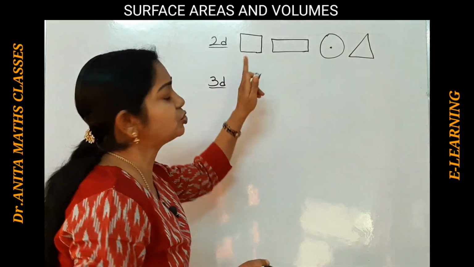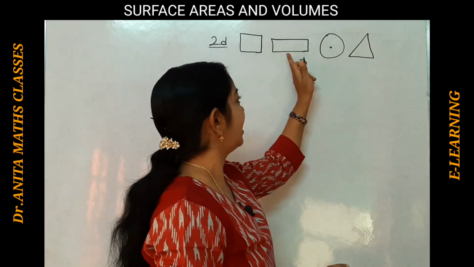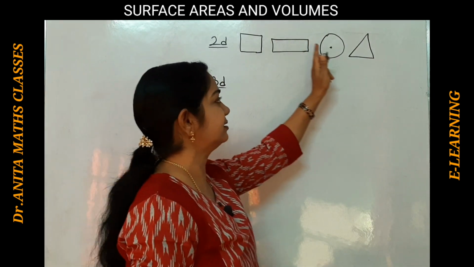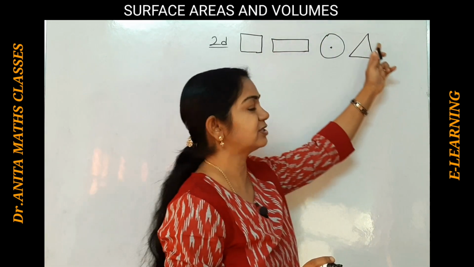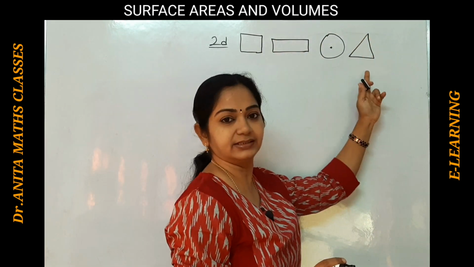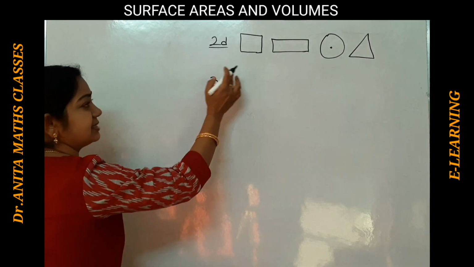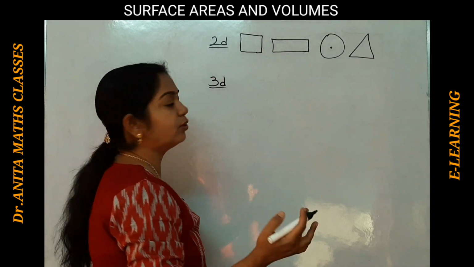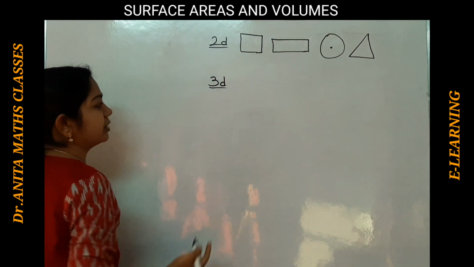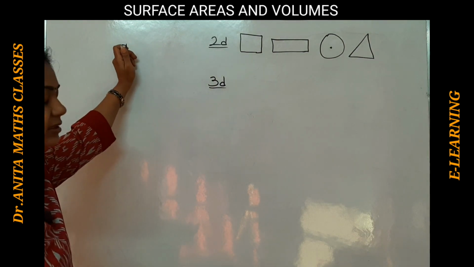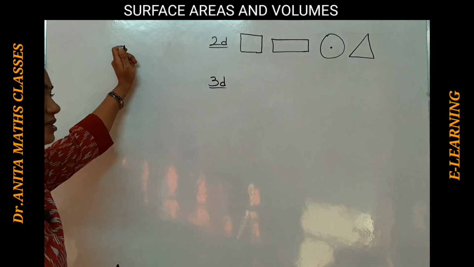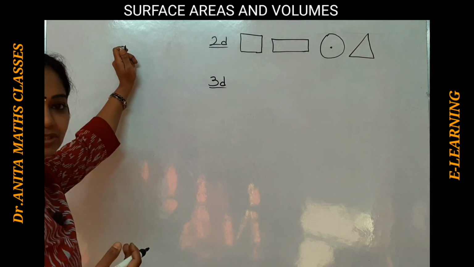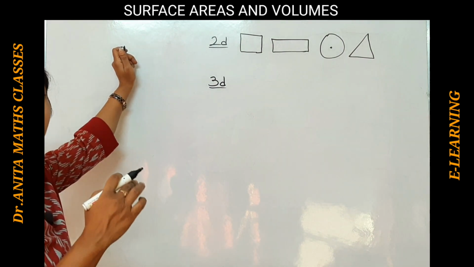They have two dimensions like length and breadth, here side and side. So dimensions are two, so we call them two-dimensional figures, here base and height, right? So all these areas you have known in your previous classes. Now we are going to learn in this class 9th the three-dimensional figures. Now what are these three-dimensional figures? It should have three dimensions like length, breadth and as well as height.